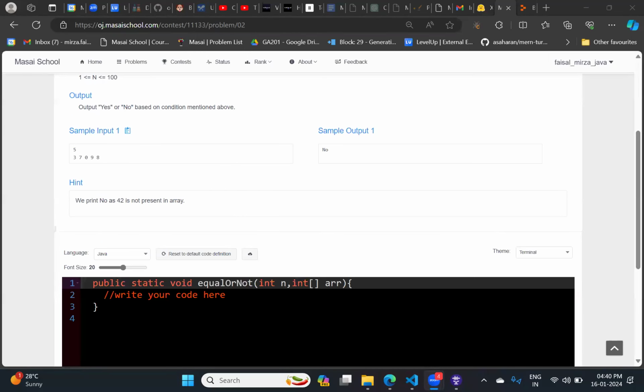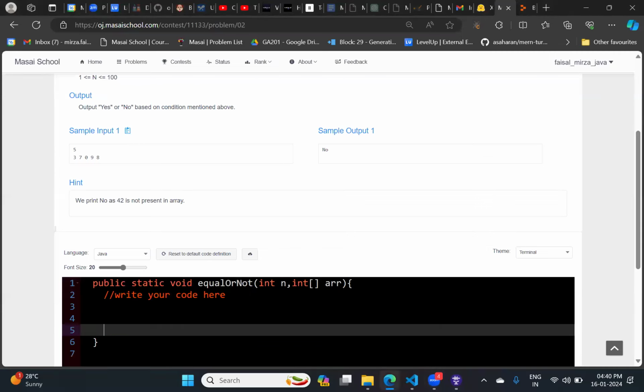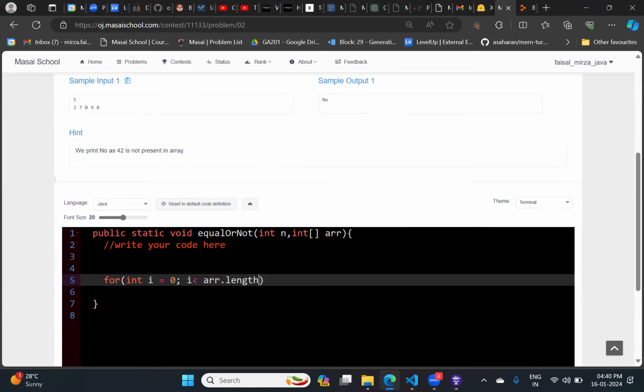Starting a for loop with index 0 and going to the last index, array dot length minus 1. Then int i equals 0, i less than array dot length, i plus plus.